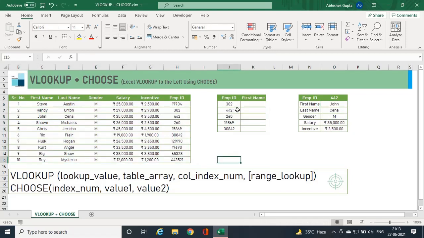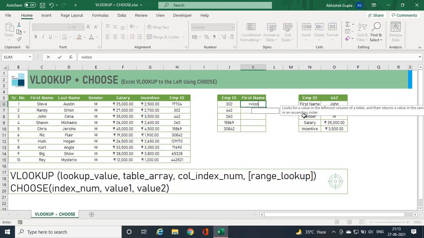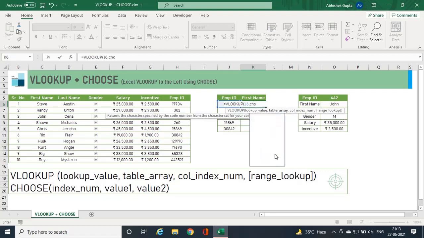So how can we apply the VLOOKUP from right to left using this employee ID? In this cell K6, I'll be writing a formula starting with VLOOKUP. I'll press tab to get this VLOOKUP. Then within this formula, the first syntax is lookup value. So my lookup value would be this cell J6, because I need to find the value against J6, which is 302 as an employee ID. I'll put a comma here for moving to the next syntax. In table array, I need to apply my second function, which is CHOOSE. So I'll write CHOOSE,